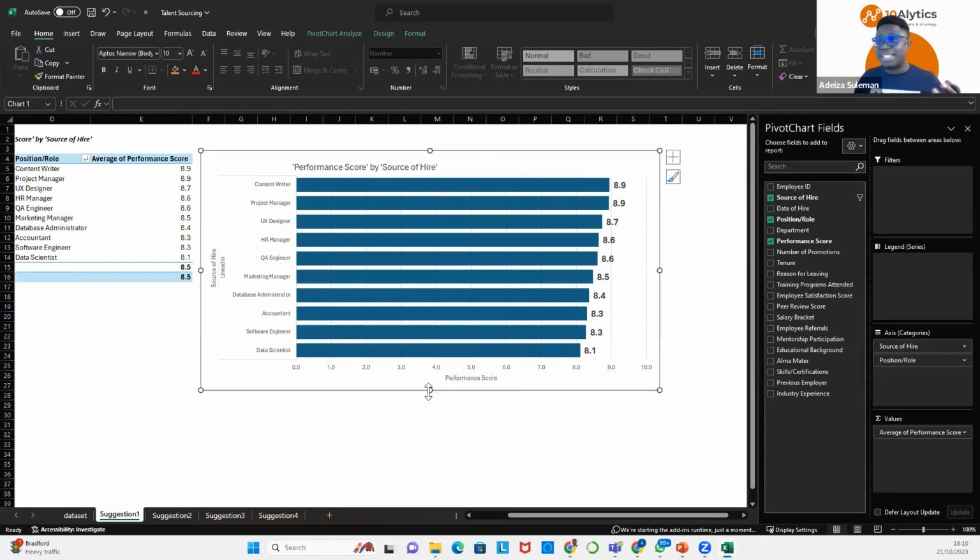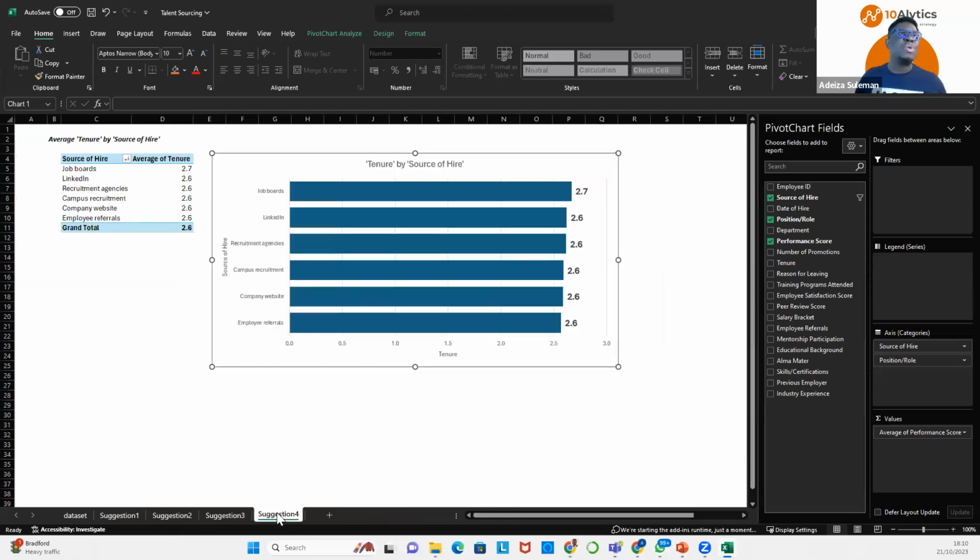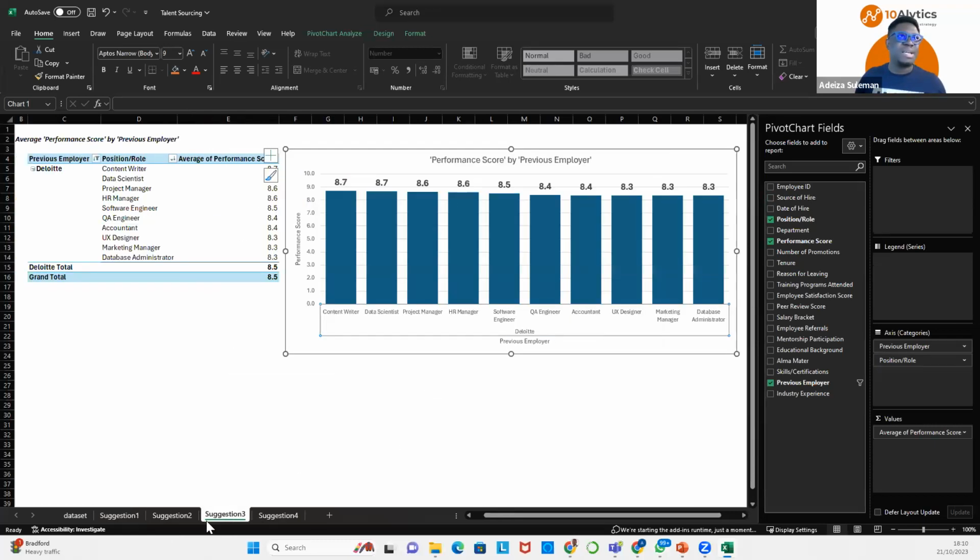And somebody even suggested that, look, these are the roles we should discontinue from LinkedIn. So looking at this, where was that again? Here. If we want to get content writers, we want to target content writers from LinkedIn, number one, and they must be coming from organizations like Deloitte. Okay, so that's a way to plan and target employees.